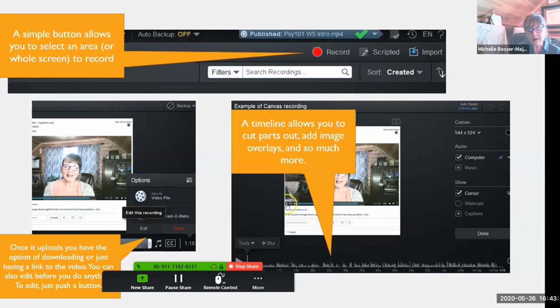Once you upload it, you have the option of either downloading it to your computer, that way you can just upload it straight to Canvas, or you can actually have a link to the video through Screencast-O-Matic. I'll make a link for you. Often with my faculty, I use the link. When we're recording some type of extra training or something, I'll use that and just send it out in an email and put it in our Canvas resource site. But for students, I most often download it and then upload it into Canvas.